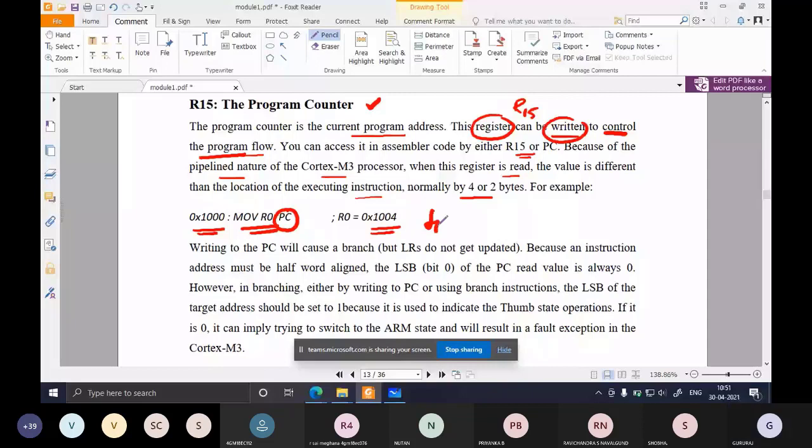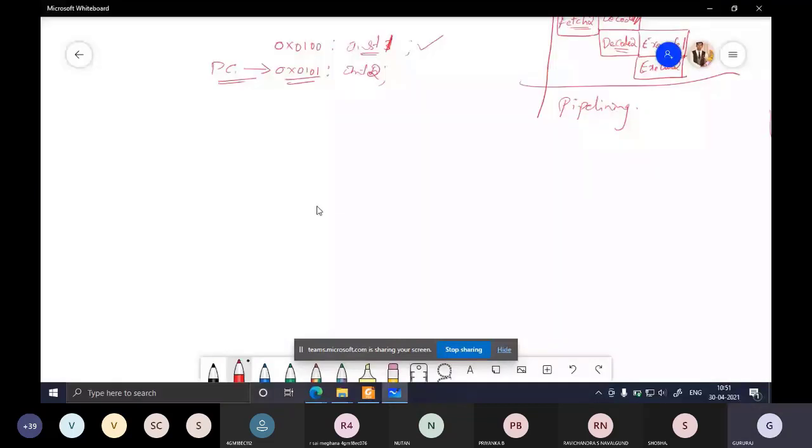Why? Because, as I told, the instruction set that the ARM Cortex M3 supports is Thumb-2. So Thumb-2 has 32-bit instructions or 16-bit instructions. Let's assume that it is having 32-bit instructions. Then what will happen? In order to store 32 bits of data, you require 4 locations.